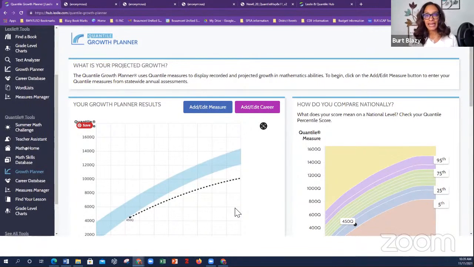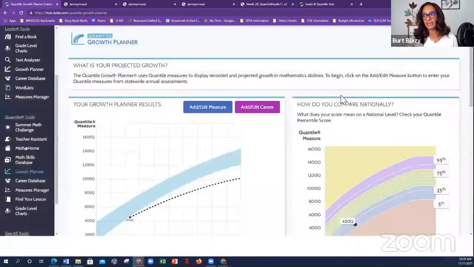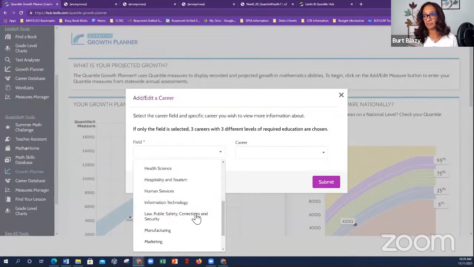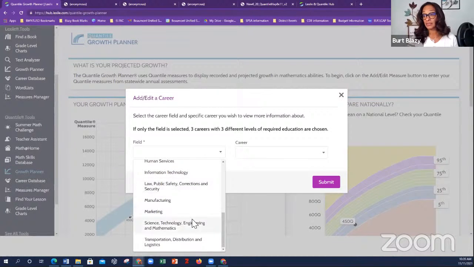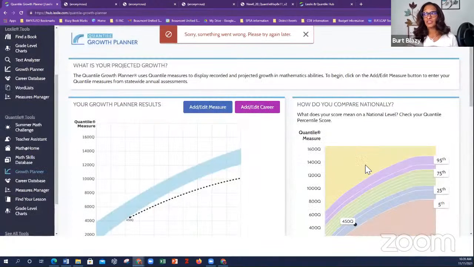But it doesn't mean they can't do it. It means you need to intervene as a teacher. You need to do something differently. Because if this student chooses, if you click on that career field, and let's say I'm just going to go to where I was before, science, and they want to be an aerospace engineer. To do that,